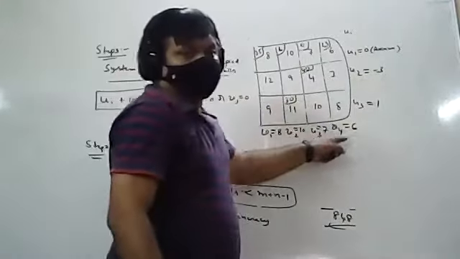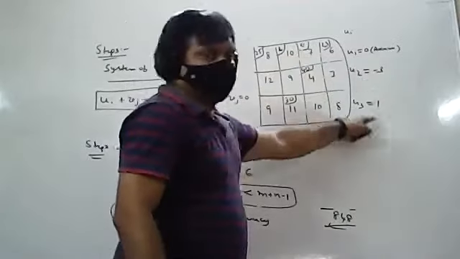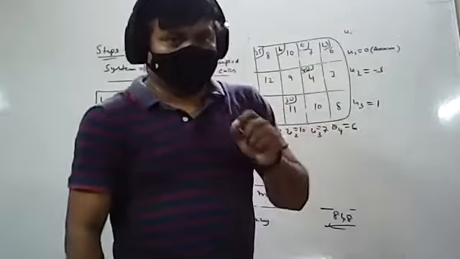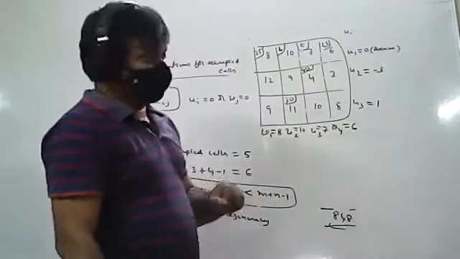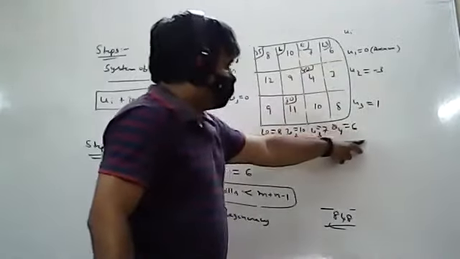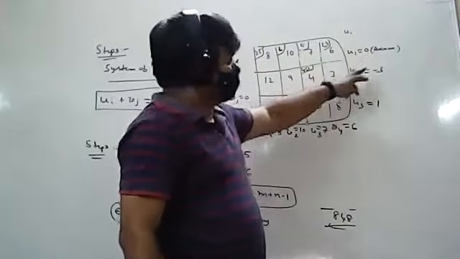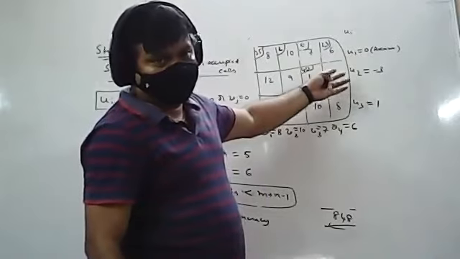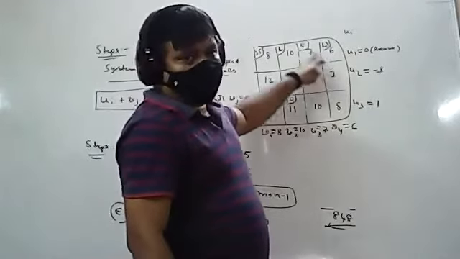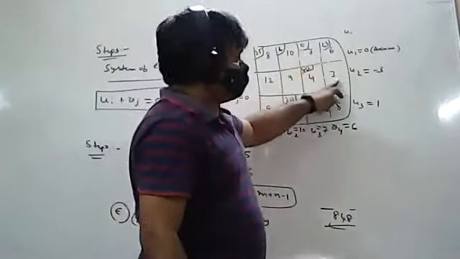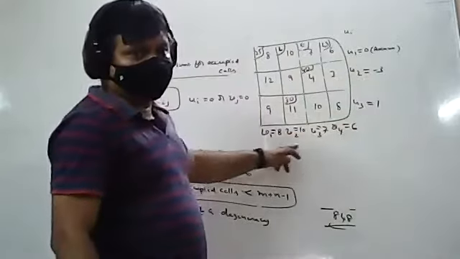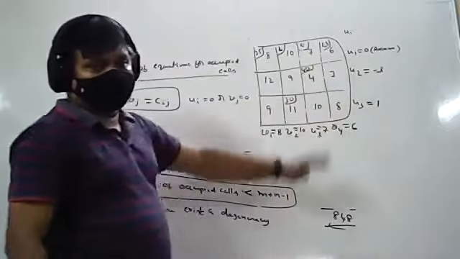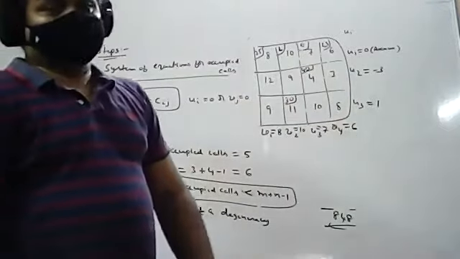That means solution exists. Suppose if I have taken any one value and I didn't get any one value, then choose this one. That's why you have to consider a suitable independent position. If I choose this one, solution exists. Solution exists means I know all the u values and all the v values. Suppose if I choose this one, solution may not exist. If it exists, no problem, same answer you will get. If it did not exist, then obviously you have to choose this one. If I'm choosing this one and I didn't get any u value or any v value, then automatically you can go for next minimum value. Like that, you have to shift that cell position so that solution exists.